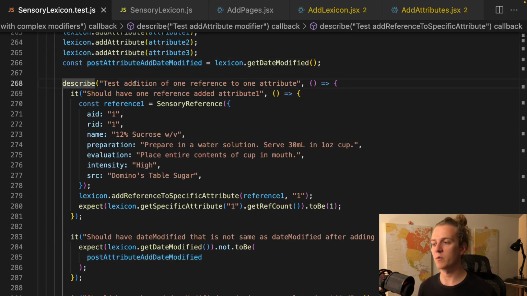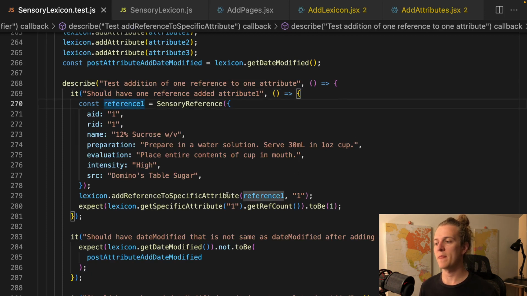So here is where we're testing the addition of 1 reference to 1 attribute. And this test is to check to see that 1 reference is added to the first attribute. So we have reference 1 here, and we're going to use our lexicon object to add a reference to a specific attribute. It's going to be reference 1 that's being added to the attribute with an ID of 1, which would be attribute 1 in this case. And we're going to expect that the lexicon will then be able to get the specific attribute of ID 1